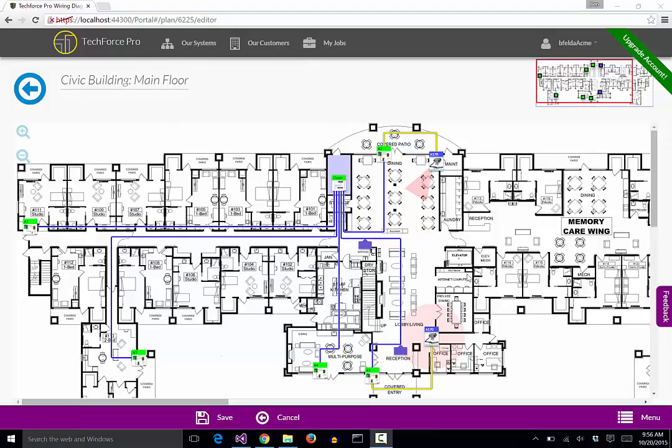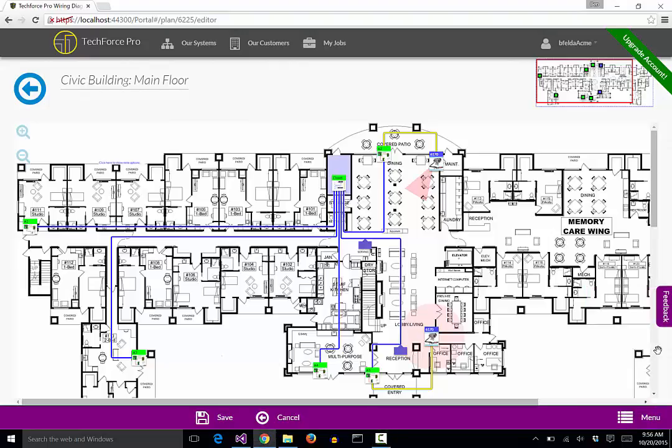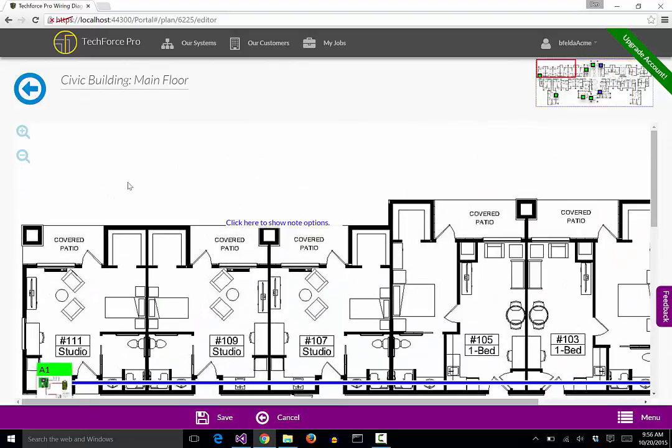This video will show you how to add notes and add a scale to your floor plan. So the first thing we'll do is in the lower left we see there's adding a note. So we'll click Add Note, and in the upper left hand corner you'll see there is a click here to